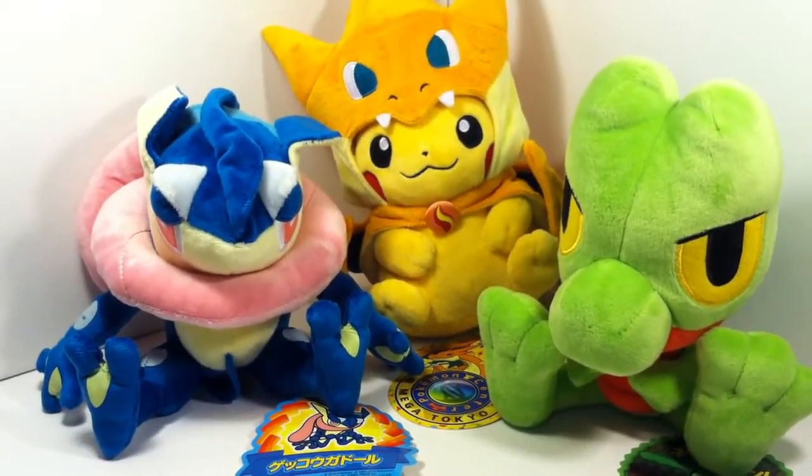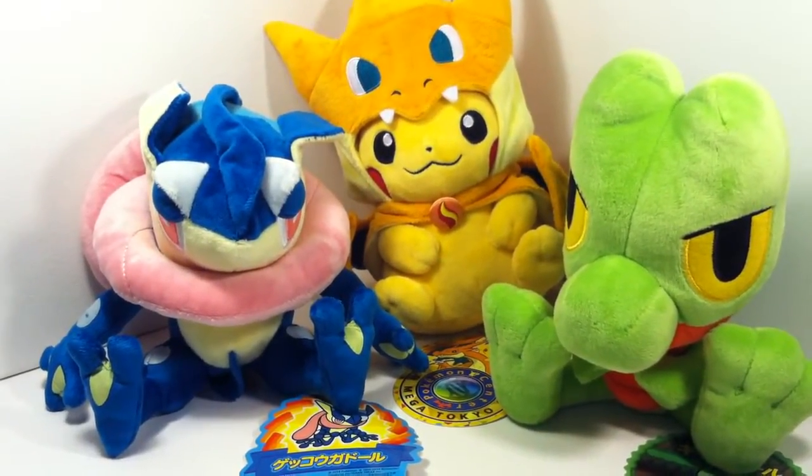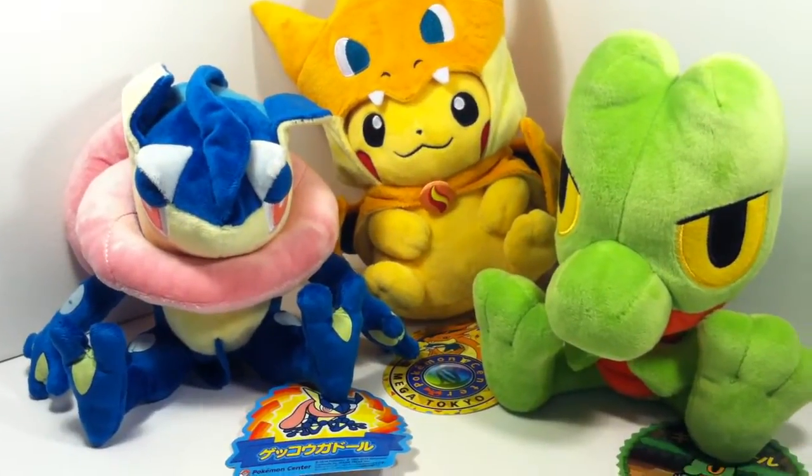Hey guys, LEGO Woodworks Reviews here, and today I'm going to be reviewing some Pokemon Center plushies that were kindly